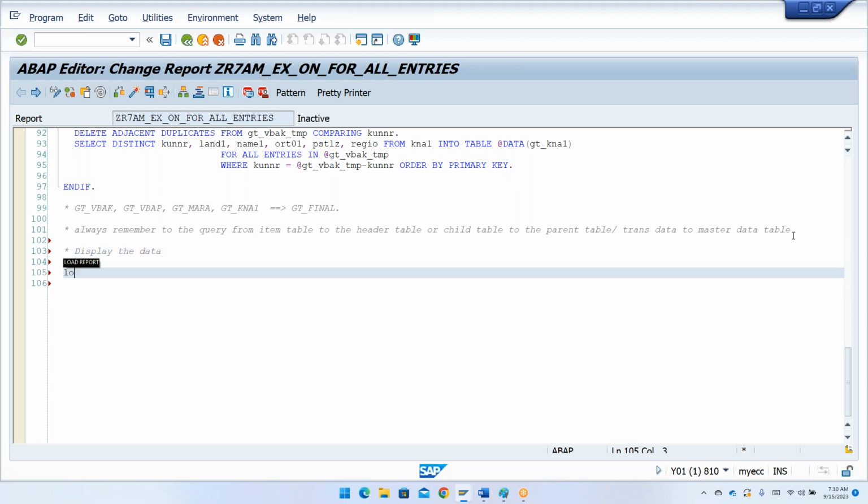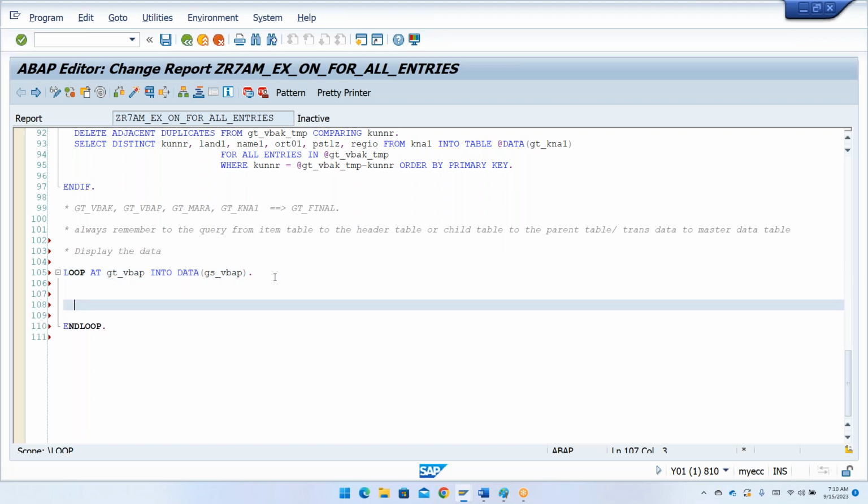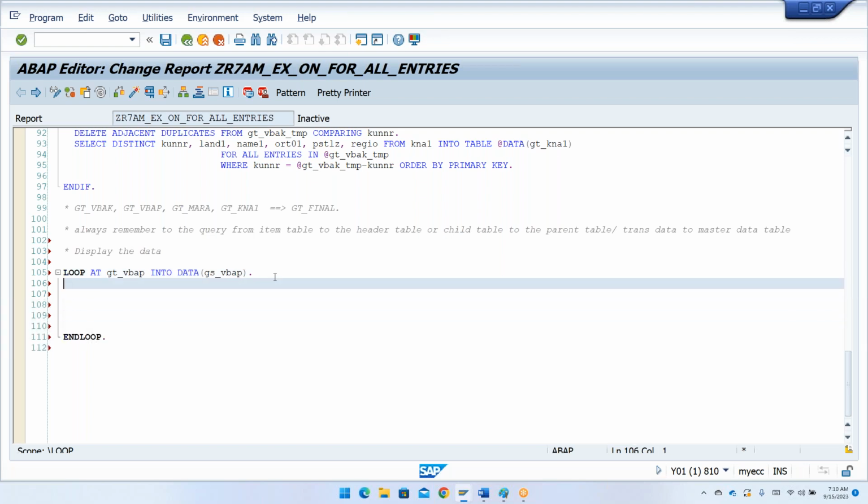Display the data, loop at gt_VBAP into data of gs_VBAP. Now, what I need to do, first of all, let me go ahead and